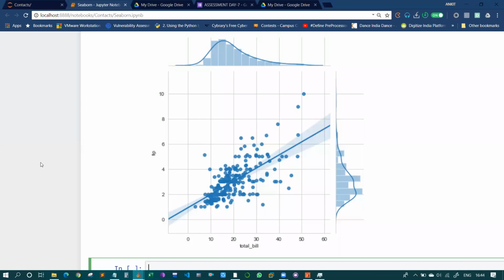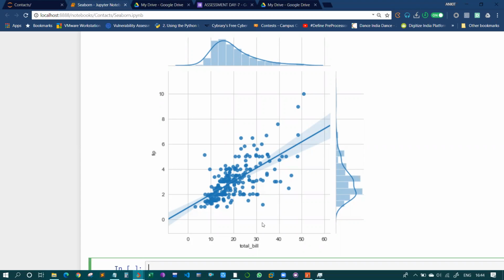Next, suppose someone asked you to compare all the columns that are available in a particular data set. So here we are comparing tips with total bill.